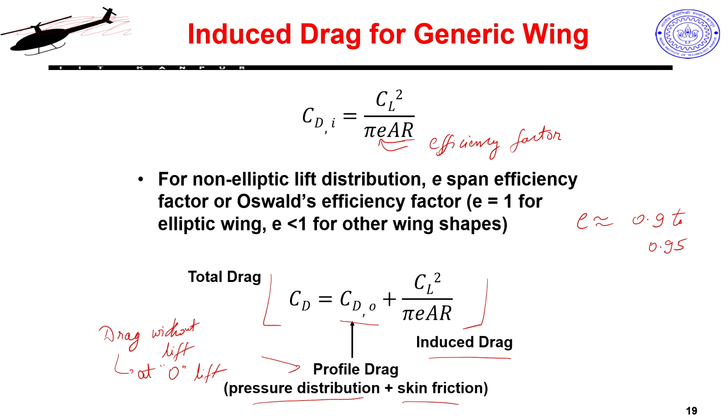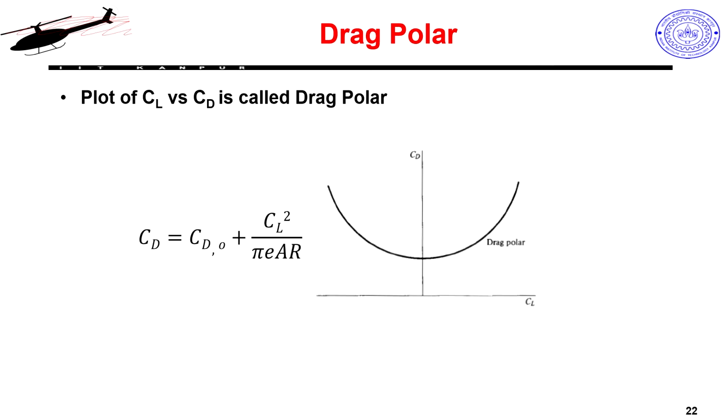So, this I can plot as a function of lift, and that graph is called a drag polar. This plot of CL versus CD is called a drag polar, which is basically just a representation of this equation in this kind of form. Once you have obtained something like this, I can easily plot my CL by CD versus alpha, I can plot other things, and all this is important because eventually we want my UAV to operate under optimal conditions.